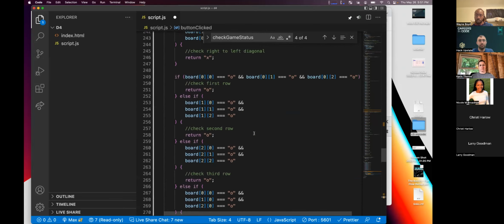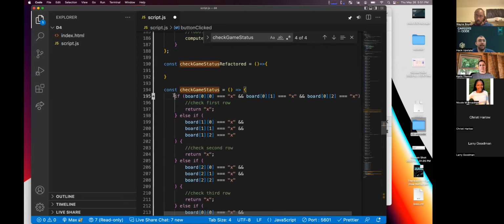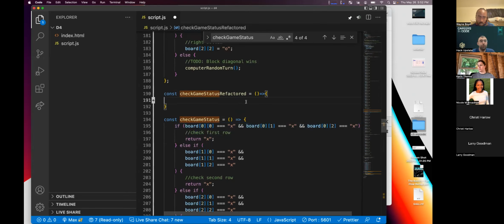Then I'm going to go into my function, and the first thing we said is, hey, the if statements that we're checking here are to see if the first row has all X's, or the second row has all X's, or the third row has all X's. And if they do, X must have won, right? So we're going to say check all rows to see if they are all of one letter.